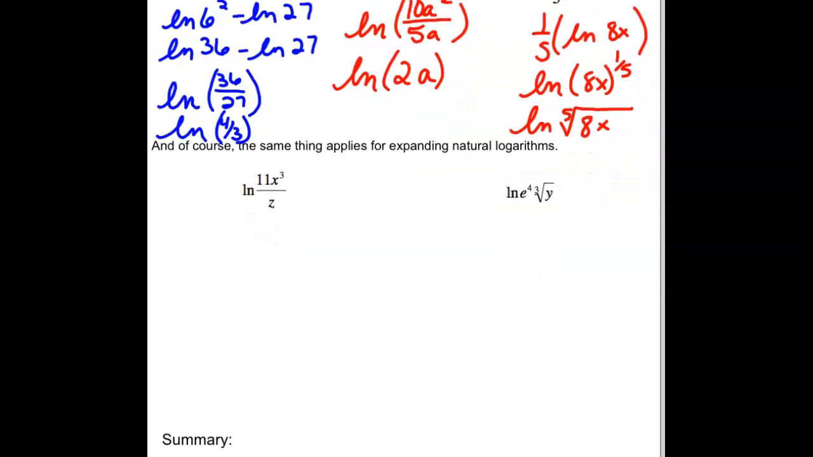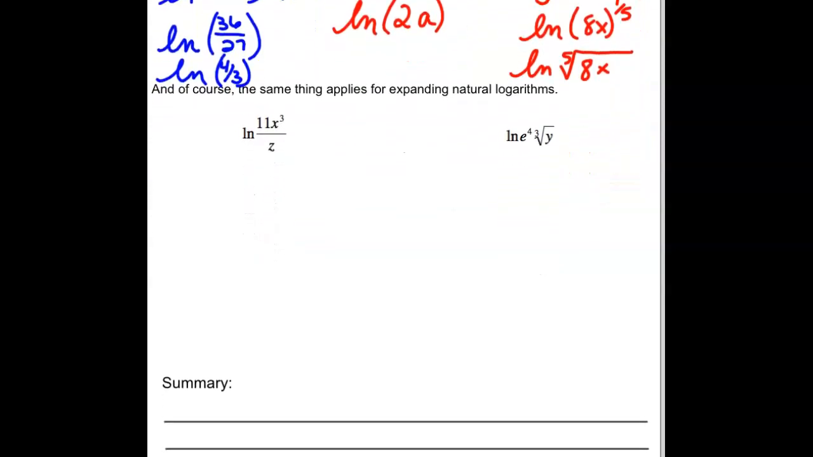So doing the reverse direction, expanding, we have a product here, we have a power, and we have a quotient. So we are using all three of our log properties. Let's pull apart the quotient first. So the natural log of 11x cubed. So, division expands into subtraction, so we're subtracting the natural log of z. And then we can separate